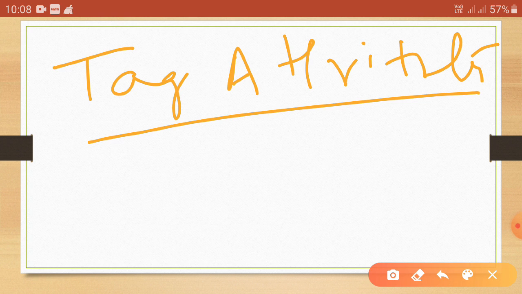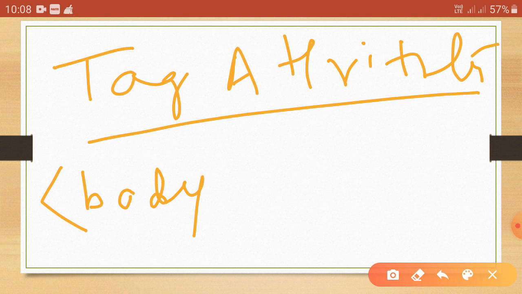The attribute tags are also written in a special way. Suppose I am writing body. So we know body is a tag. It is known as a non-empty tag, and it has both tags, start tag and end tag.